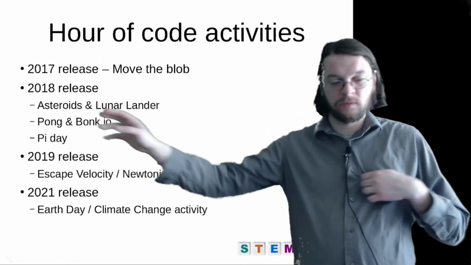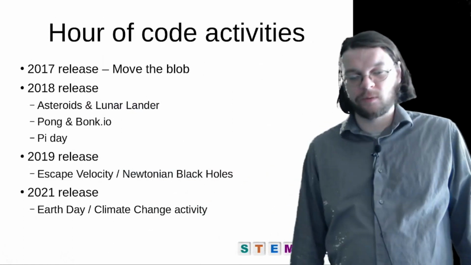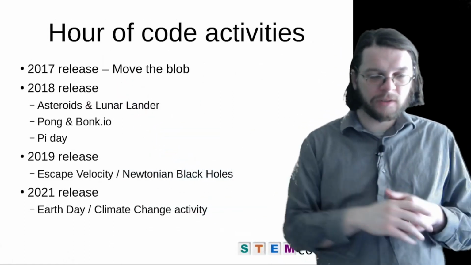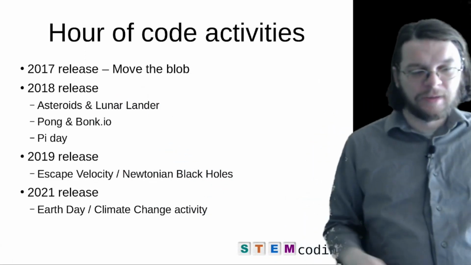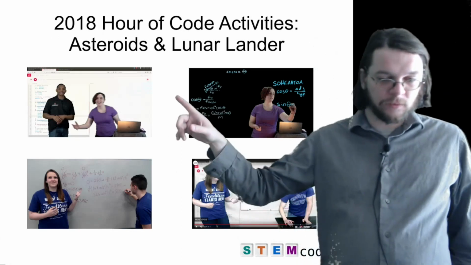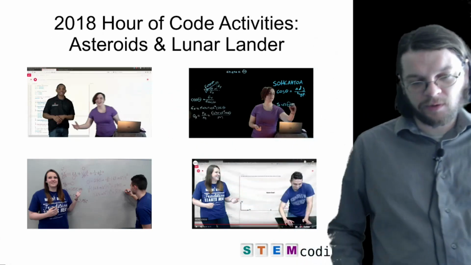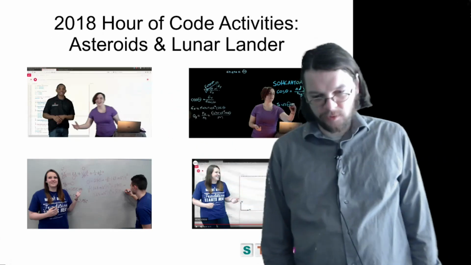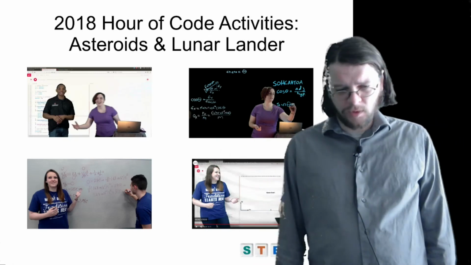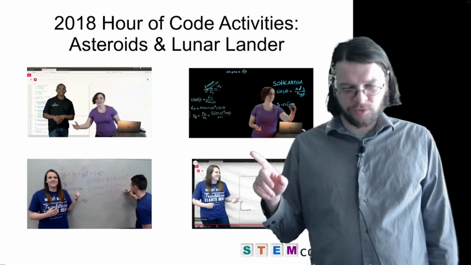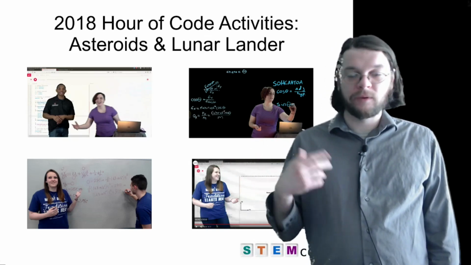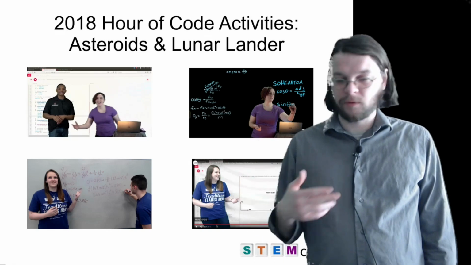All right, so here's kind of a timeline of what we've been up to. We started with an Hour of Code activity in 2017, which I'll talk about, and we kind of kept on going here. So a fun activity that we developed is the asteroids game. The asteroids game actually has really good trigonometry in it. So it's a good way to talk about trig. It's a good way to talk about Newton's laws, F equals ma, all that sort of thing. So asteroids is perfect for that.